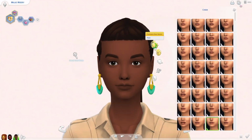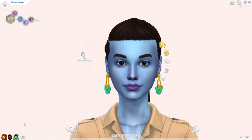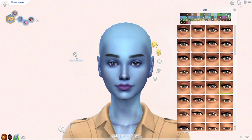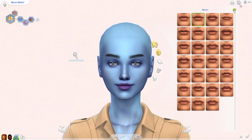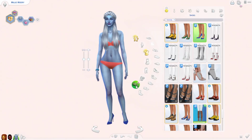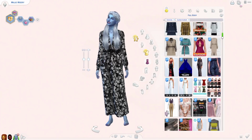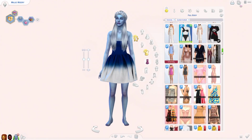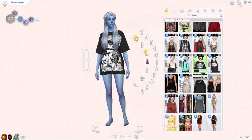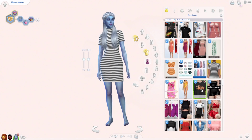The next emotion I create is sadness, though I called her Millie Misery because I'm extra. Her main color is blue, and at first I wanted her to look matronly, so I was putting her in these long dresses, making her look quite feminine. And then as I was going through the outfits I have, I realized actually my specific Misery would look a little bit